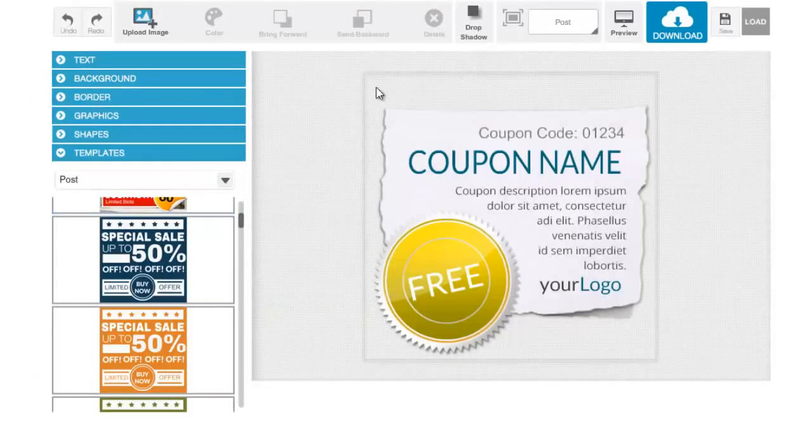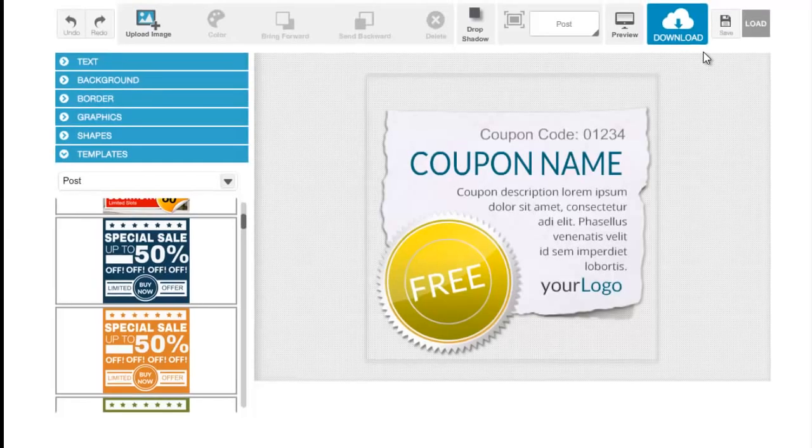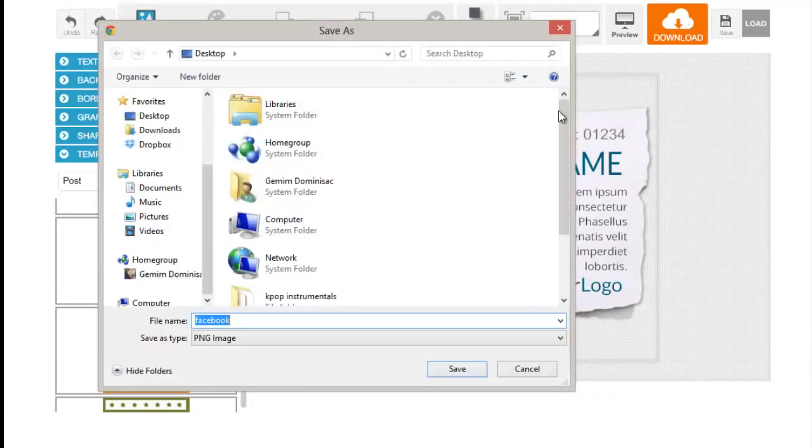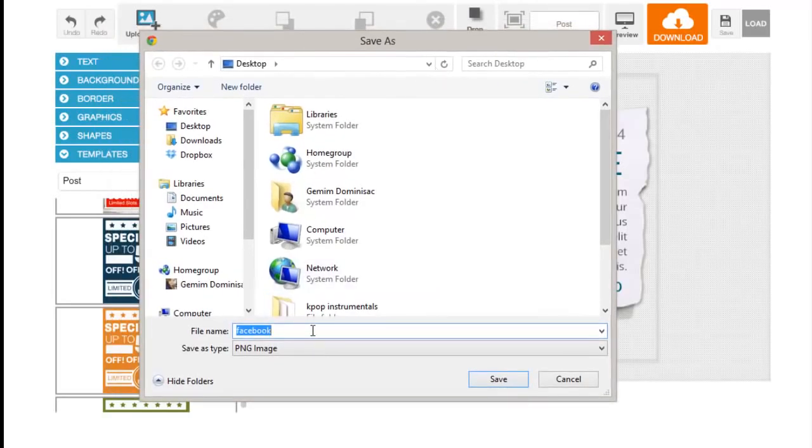Okay, so lastly, I will be showing you how to use these 3 buttons that you can see on the upper right corner of your screen. So we have the download button, the save, and the load button. So the download button is used to download the PNG of the image that you did, of the graphic image that you did. So the PNG image is the one that you will be uploading to Facebook and stuff. So just hit the download button and then choose a destination for your file, rename it,